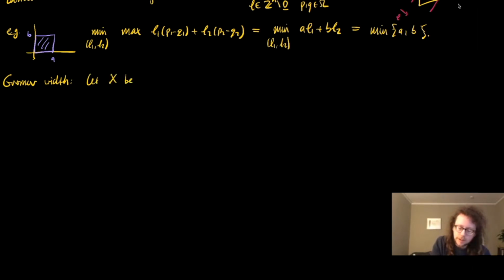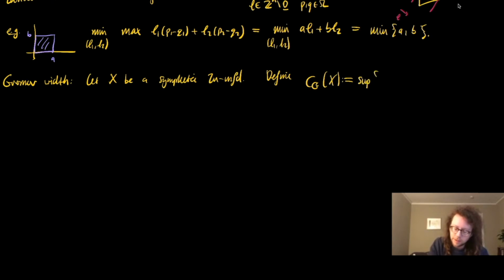So let X be a symplectic 2n manifold. X comes with a symplectic form that I'm not specifying. I'm not including the notation, sorry. Define the Gromov width, c_G of X,